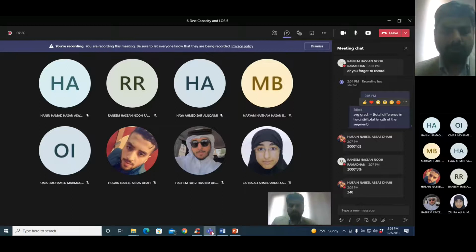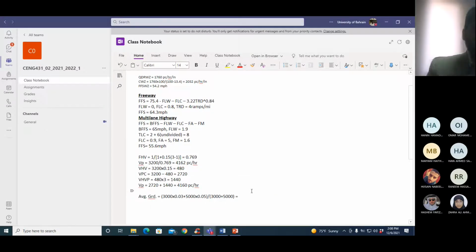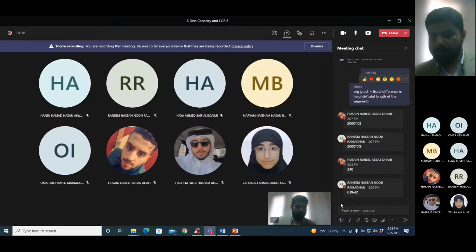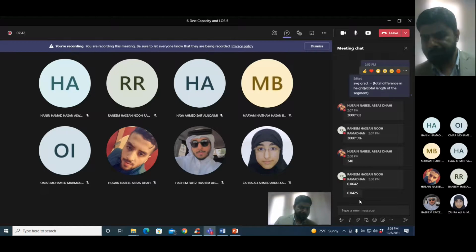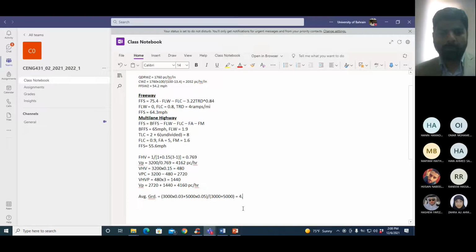Give me the total gradient. It is 4.25%. So if you need EHV, you will get it from the table using 4.25%